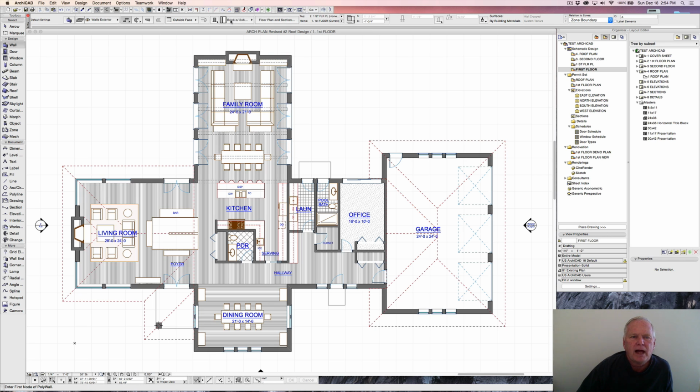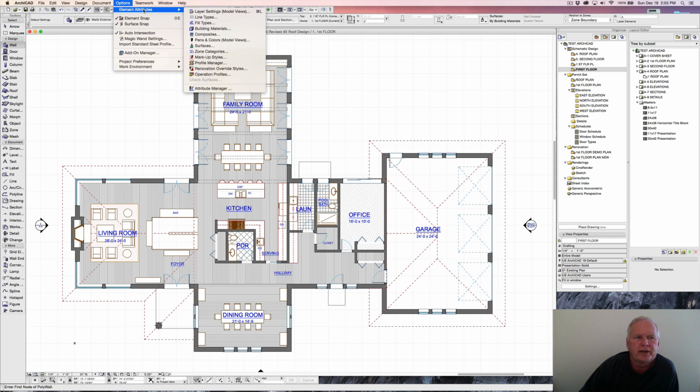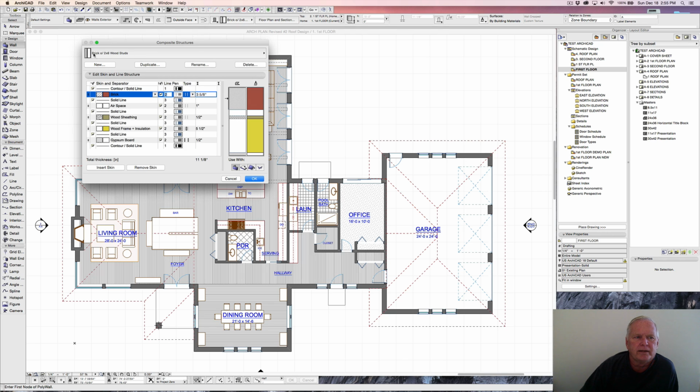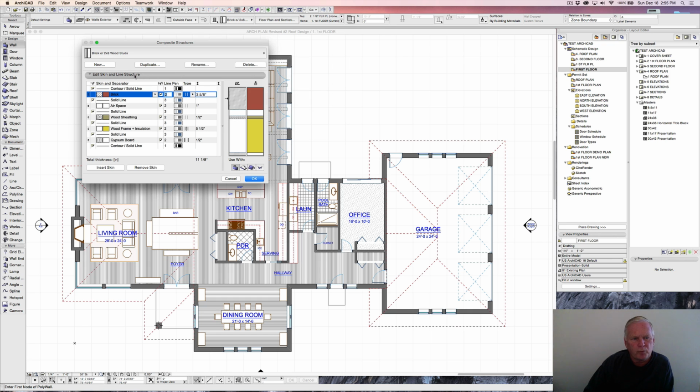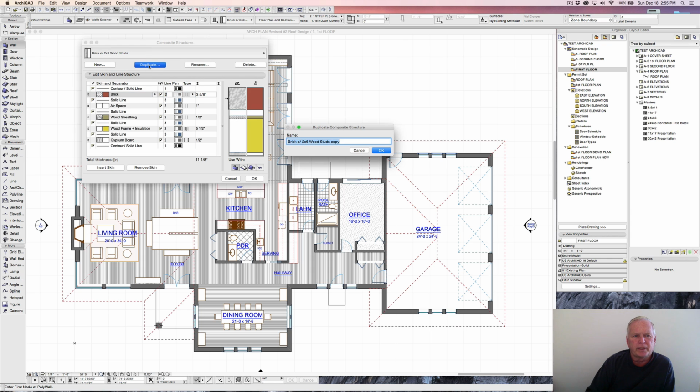However, I want to set this up to be exactly what I want it to be, and so we're going to go up here to options, and under element attributes, that's the first item, and then over here in composites, click on composites. And then in here, since we had this in the toolbar up above, it automatically put us here, but if we weren't, we would slide around and find this brick. And now what we're going to do is, we don't want to disturb this setting. We're going to go duplicate and say